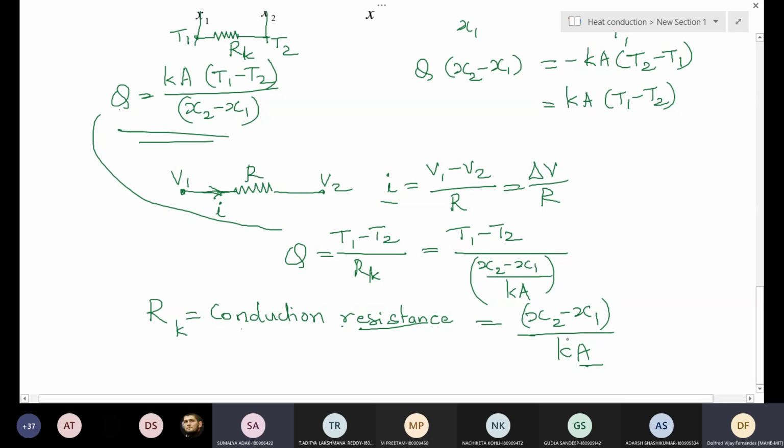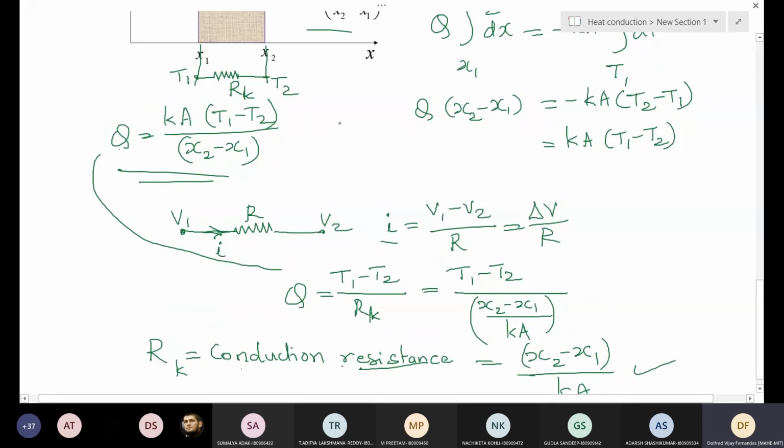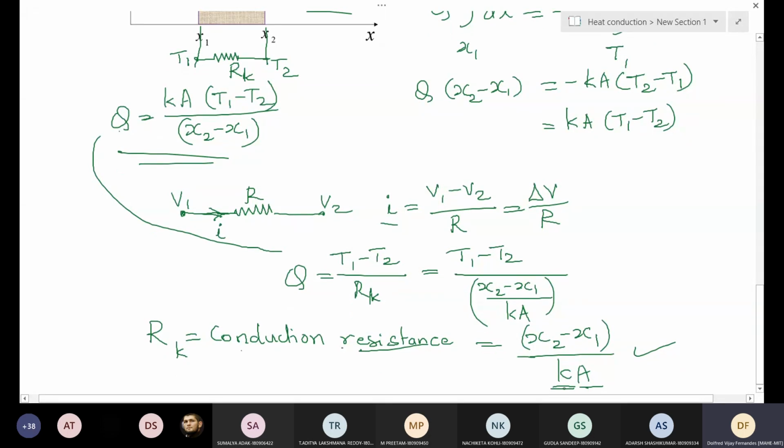The resistance decreases. Yes. Similarly, if the thermal conductivity of the material is more, it means we have less resistance to the heat transfer. This will make sense now. So we can easily use it by writing the circuit. We can write the rate of heat transfer through a wall. The only thing you have to remember is the formula for thermal resistance, the conduction resistance.